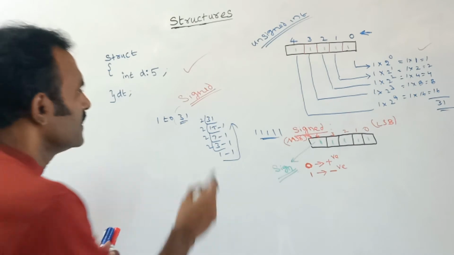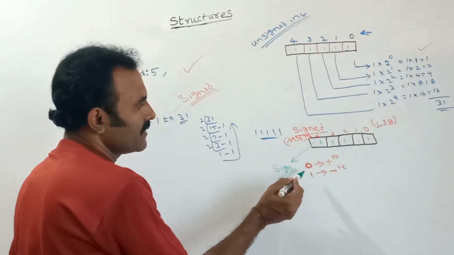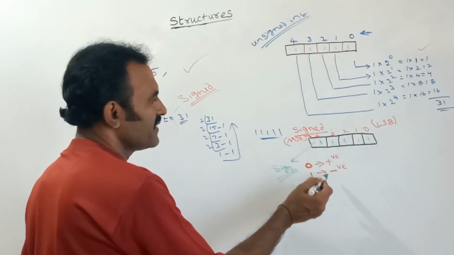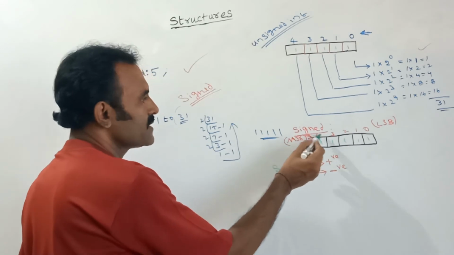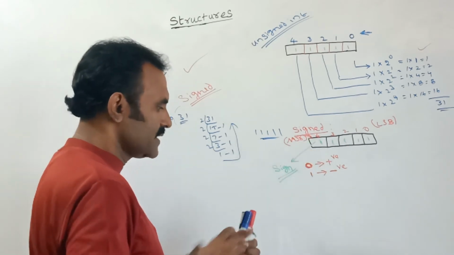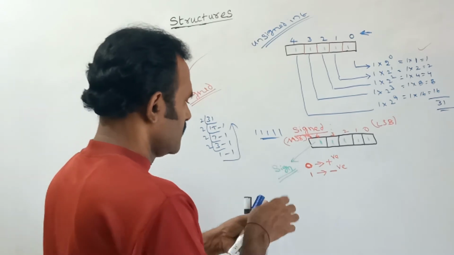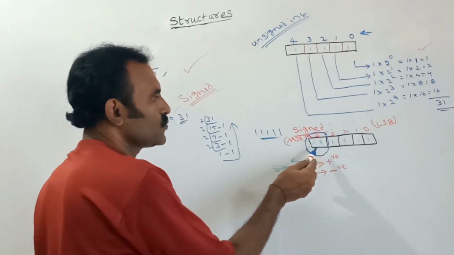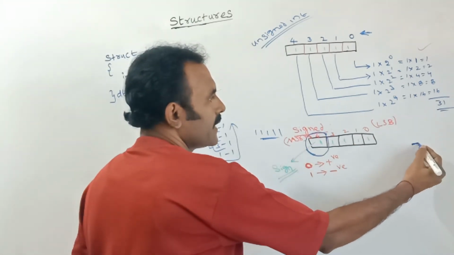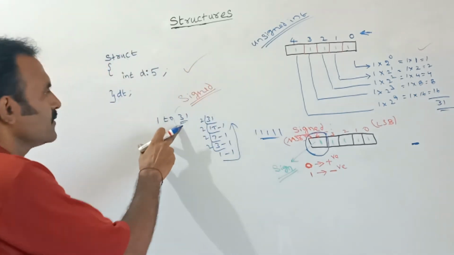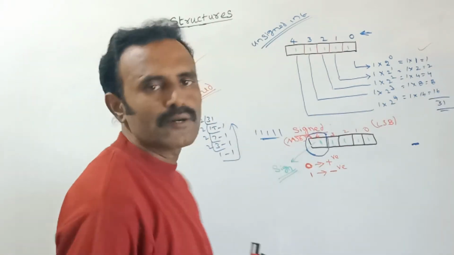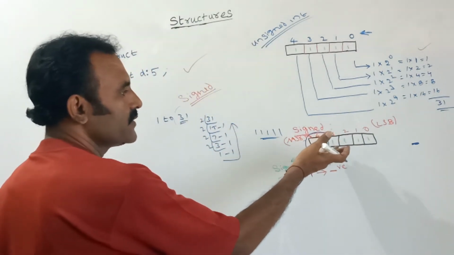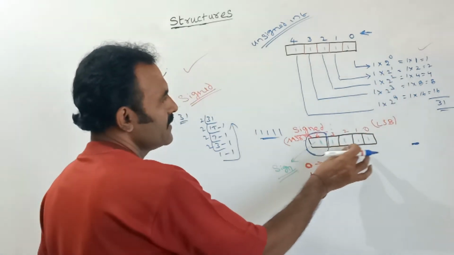See, if it is a sign bit, I have already told you, this bit can be 0 or 1. If it is 0, positive; if it is 1, then it is negative. Here, this bit is considered separately for sign. In this bit, now the value is 1, that means here a negative digit. If you are storing 31, then it will show some negative number. Otherwise, this is 2's complement, you convert it into decimal, then we can find the result of this one.